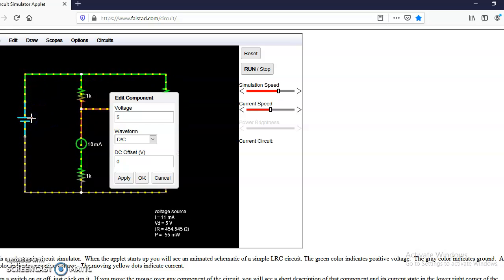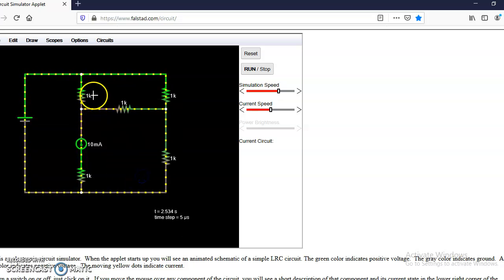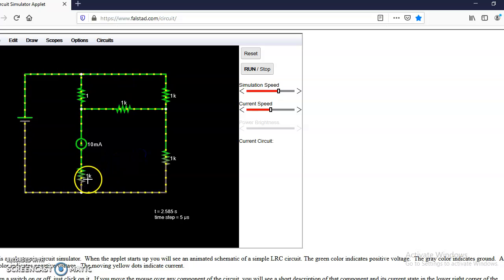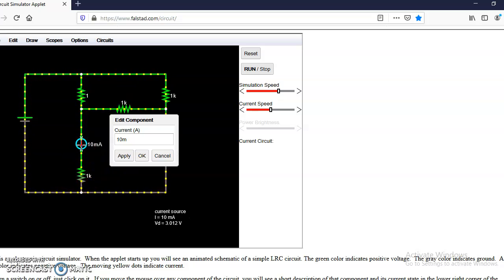Now we have to set its values. So the voltage source is of 7 volt DC, so just make the change, apply OK. Then this resistance is 1 ohm, not 1k, so 1 ohm, apply OK. This current source is of 7 ampere, again apply OK.